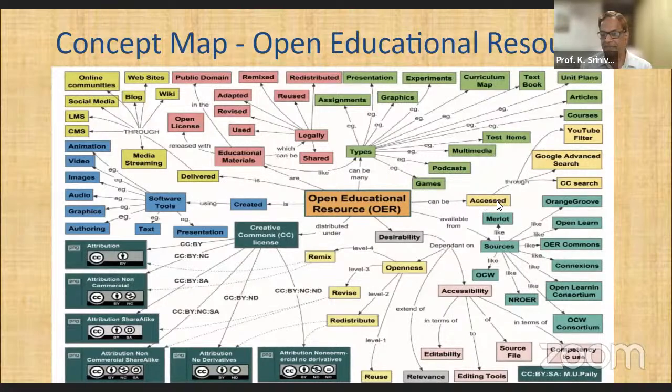So open educational resources, OER, can be accessed through CC search, through Google Advanced Search, and also through the YouTube filter. Okay. So open educational resources, OER, can be accessed through CC search, Creative Commons search, and also through Google Advanced Search, third one through